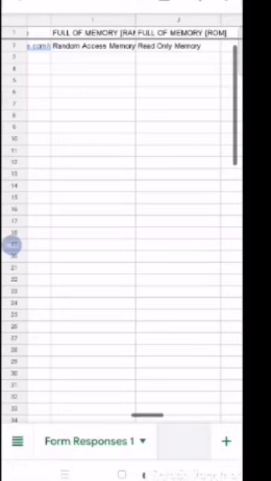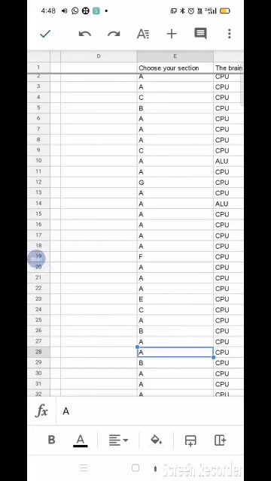If you want to do sorting, like I am clicking it here, from here you can arrange your letters also. Here is only one, so that is why it is not arranging. If you want to change to ascending or descending order, you can set it also. Telling you how to do sorting in your response sheet.